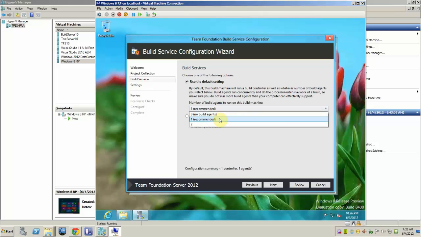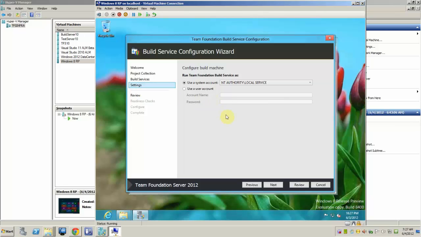If I have 4 cores, it will show me that I can have 4 agents, and so forth. It is recommended to keep the build agent with intensive processing on a different machine. So let's work with the default of 1 agent,